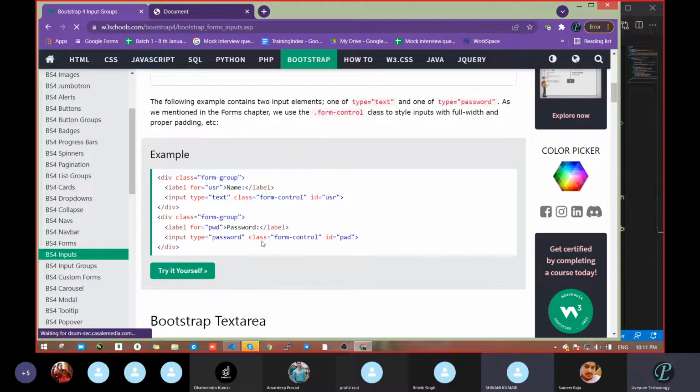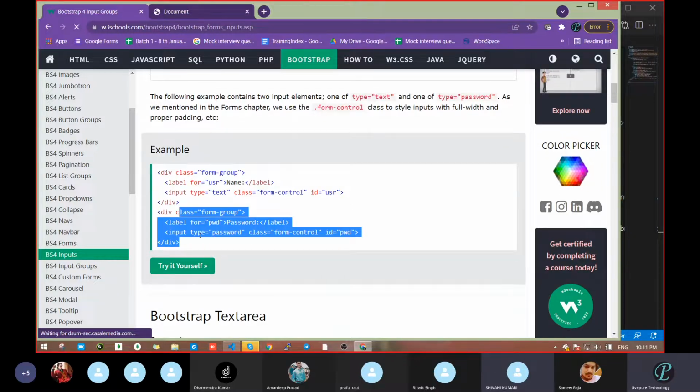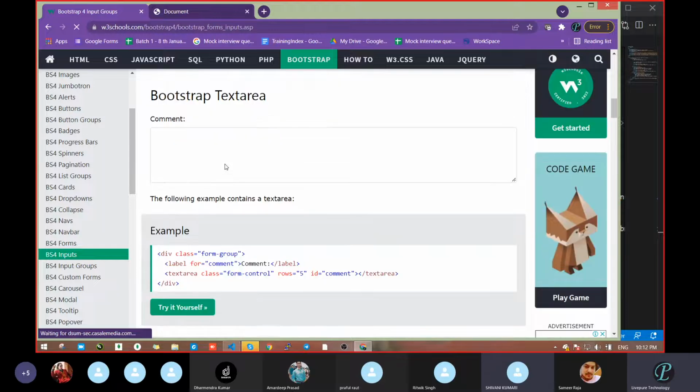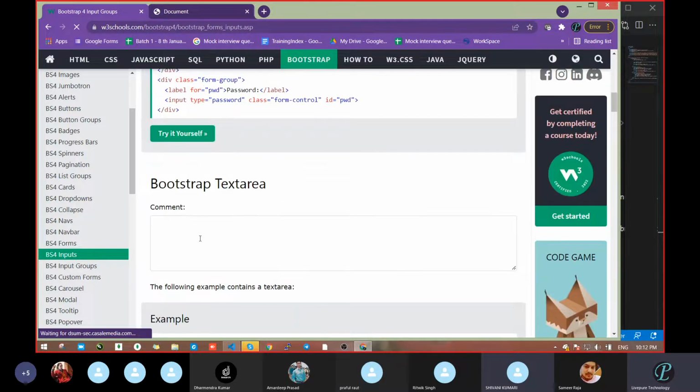Suppose this form we had already taken, nothing we have to do here, let it be. Then the text area: suppose you have to give more and more comment. We can take all types of input field anywhere, but in some scenarios we have to take care which input field we take at that time.